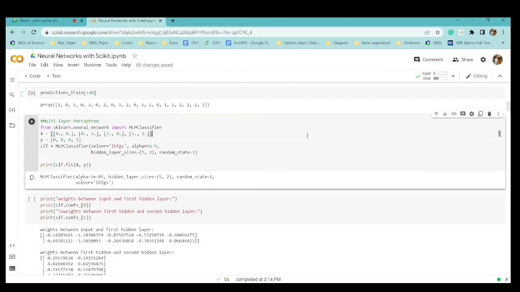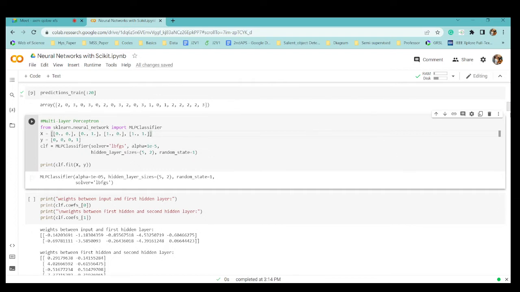The second example I'll work with is a multi-layer perceptron. So what is a multi-layer perceptron? A single layer perceptron basically has one input, or some hidden layer with one neuron or two neurons, and then the output. Multi-layer perceptron means I have one or more inputs, then different hidden layers, and in each hidden layer there are different neurons.